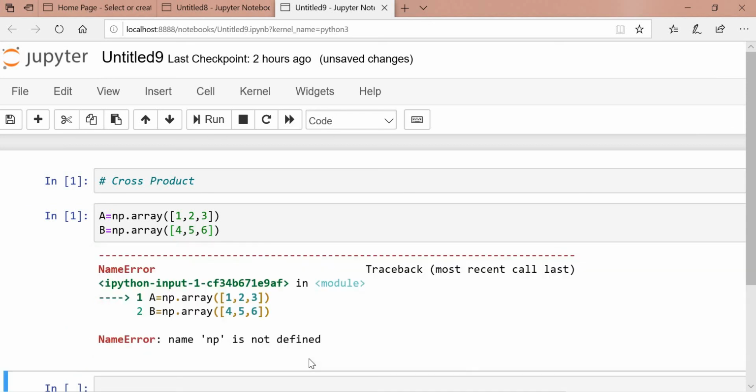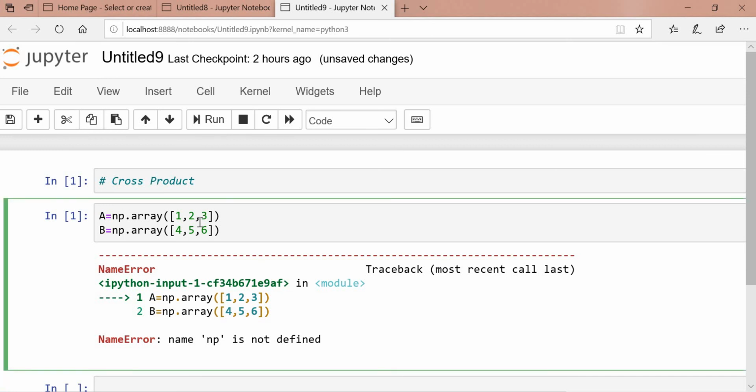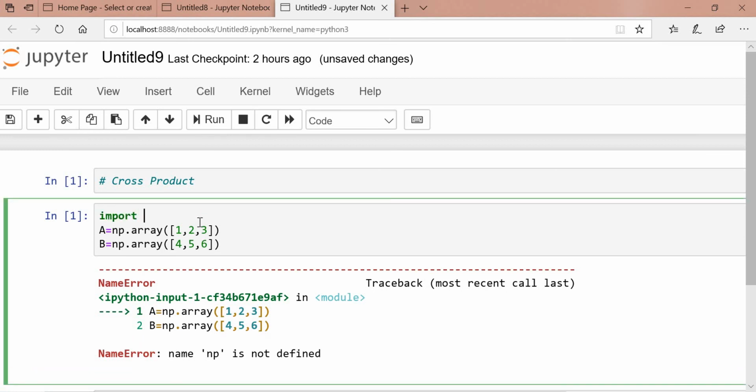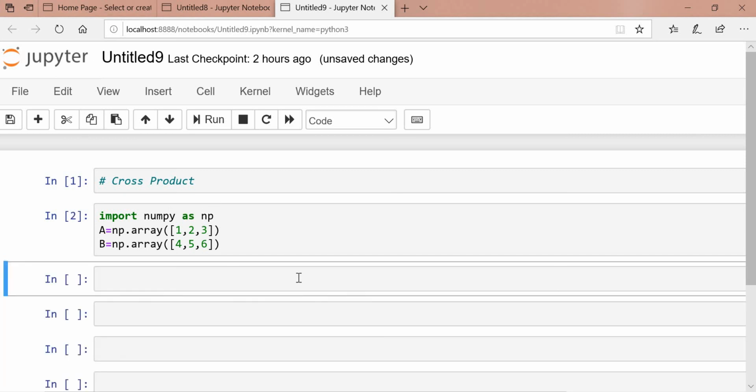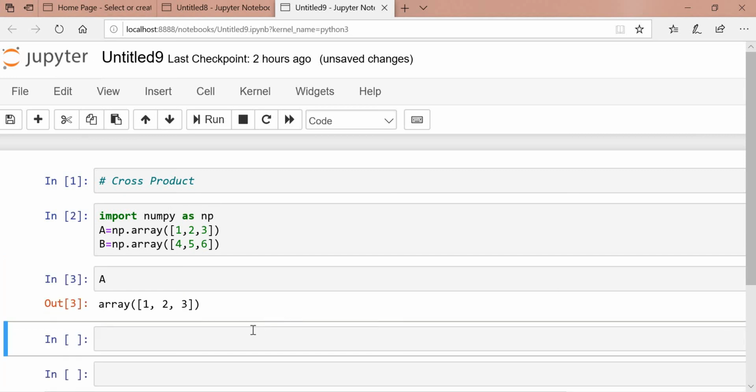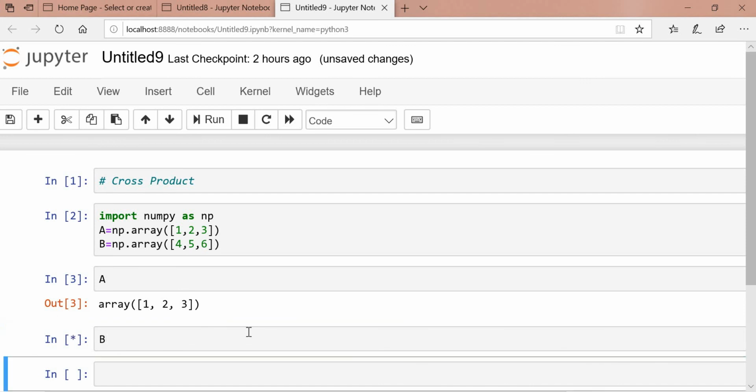I'll execute this one. I need to import the package. Import numpy as np. Now you can see the values in a as well as in b.